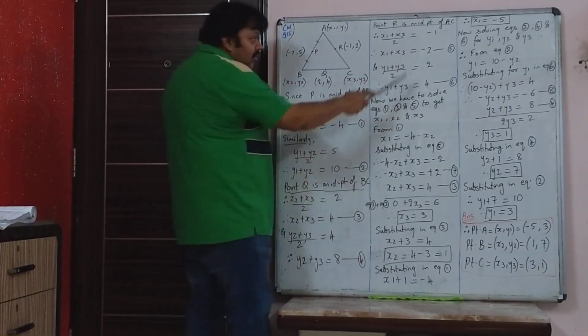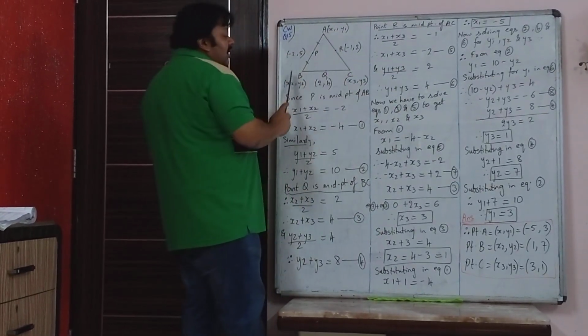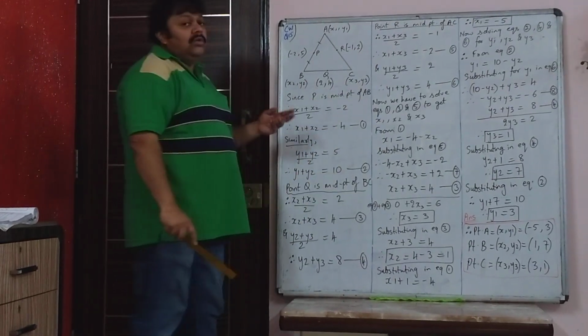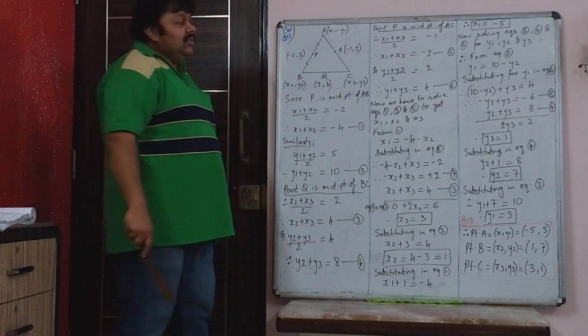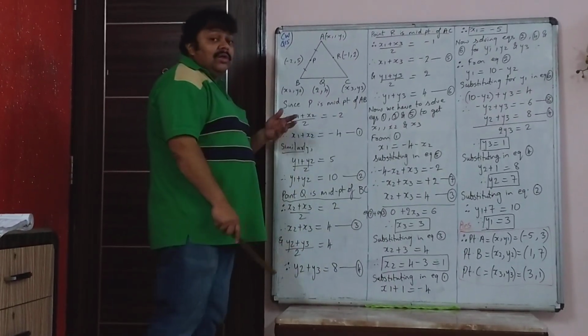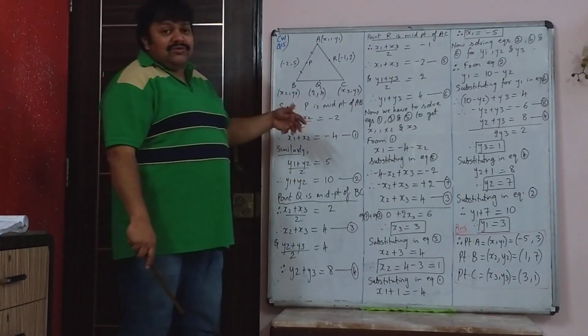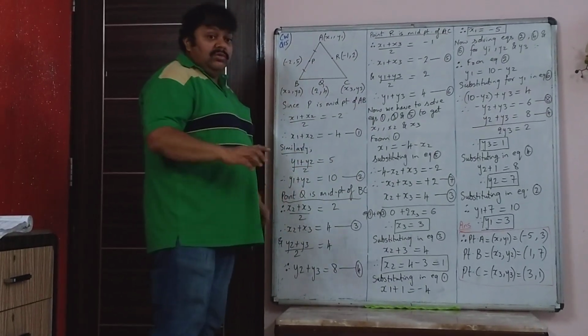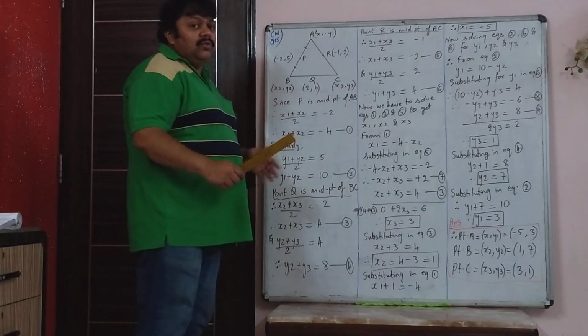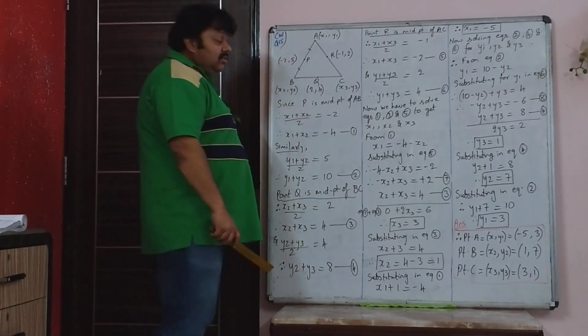So totally now you have got 6 equations and 6 unknowns, 2, 2 and 2. So now you have to solve them simultaneously. That's why I told you, since there are so many unknowns, such questions are not asked on the board. Some schools, very few, sometimes ask such questions.